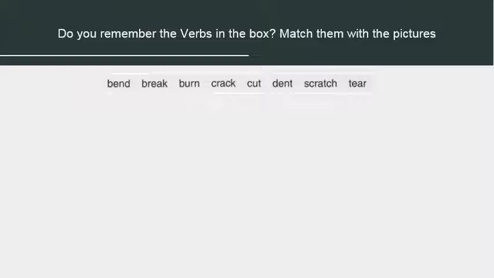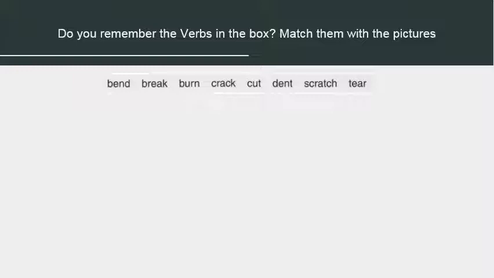Then break. I think that all of us know the meaning of break. Then burn, this is to destroy something or somebody by fire. Then crack, this is to break without dividing into separate parts. Okay, then cut,